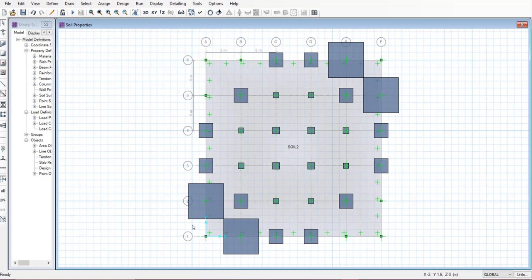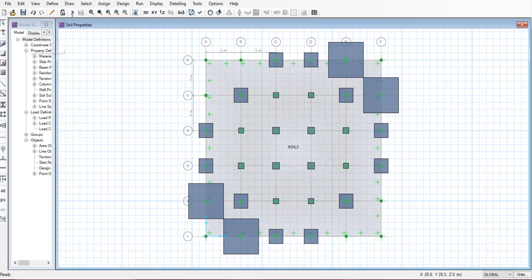For the length of the design strip, the length is taken as 0.25 times of L1 or L2. In this case, the L1 and L2 are same. So 0.25 times of 25, which is 6.25.